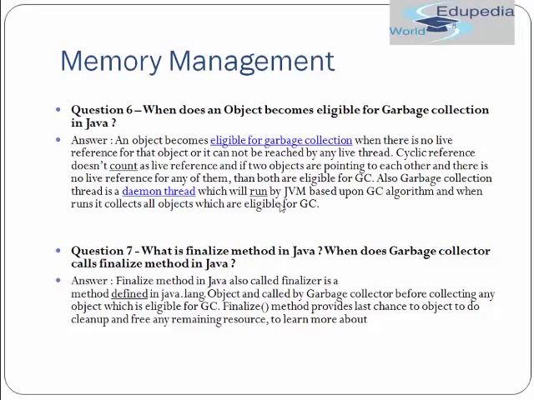So if you are intending to call garbage collection, or even if you are not intending to, and you have written a finalize method, then just before your garbage collection runs, if you want to make more objects eligible for garbage collection or you want to do anything just before garbage collection, this is the method where you should do that. So this is the purpose of the finalize method which is defined in the Object class.